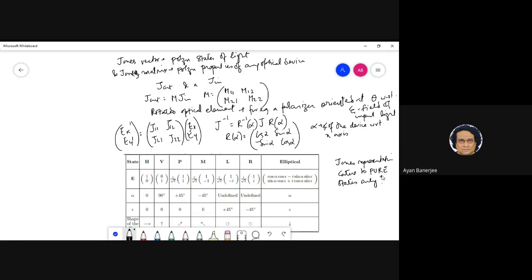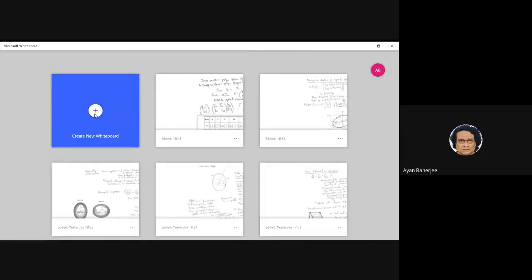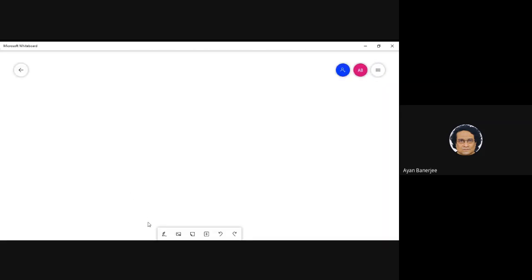This is only for pure polarization states. Now, the problem is that most optical objects, most light that you have in nature, are not perfectly polarized. Most stuff will always induce a bit of depolarization. So that is where we